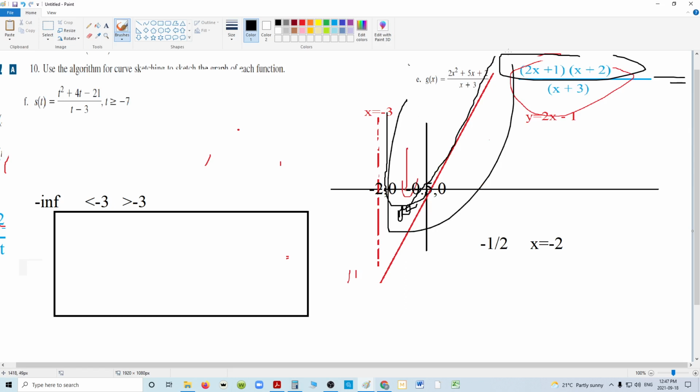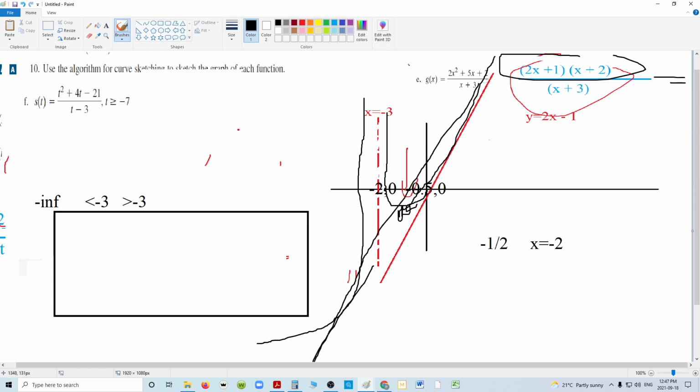So right away I already kind of know what the graph is going to look like, and I also know it's going to do that, and it's probably going to do this. It's going to come from up top and go down. So like that, and the line is going to sort of match our oblique line. So we have to add extra values in here,